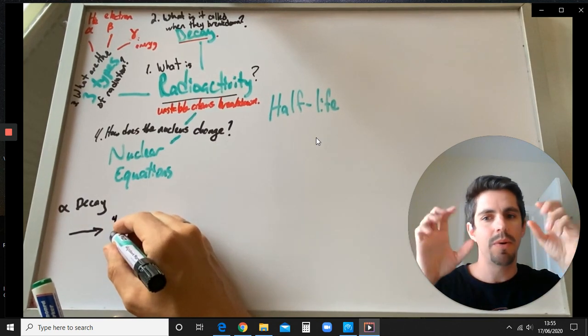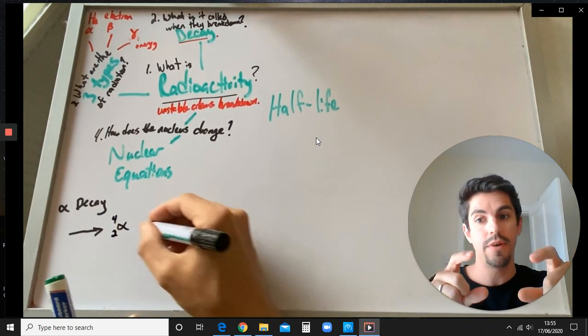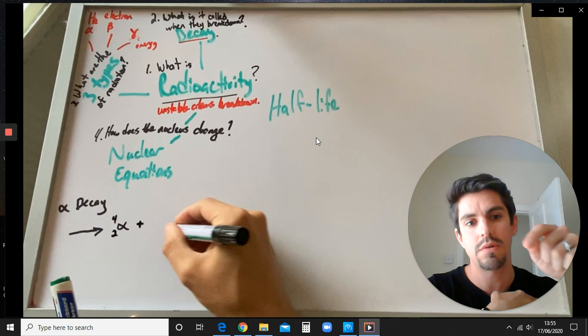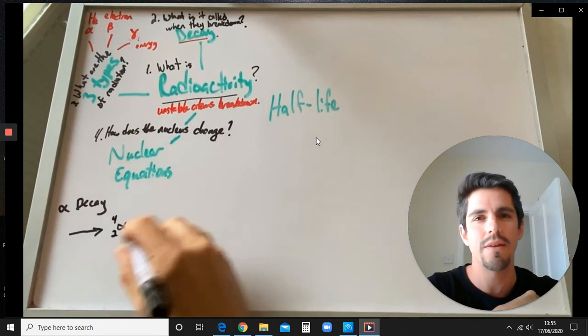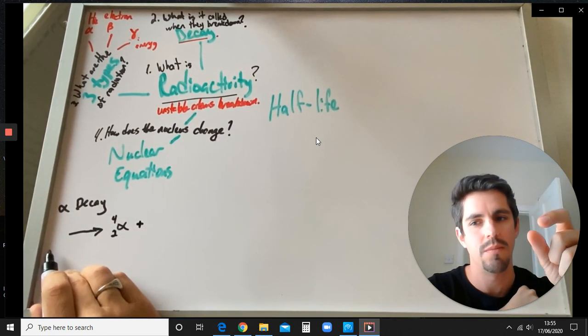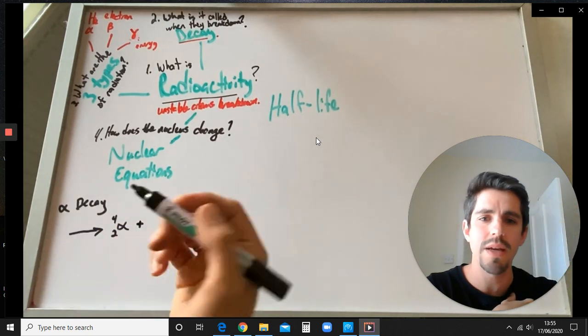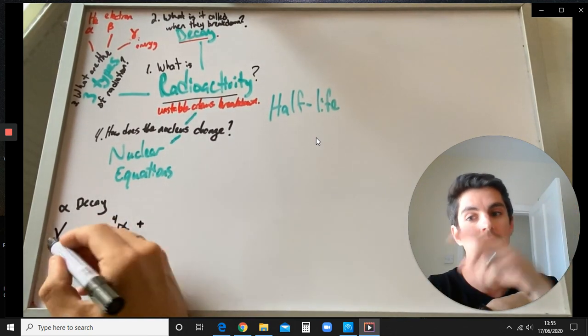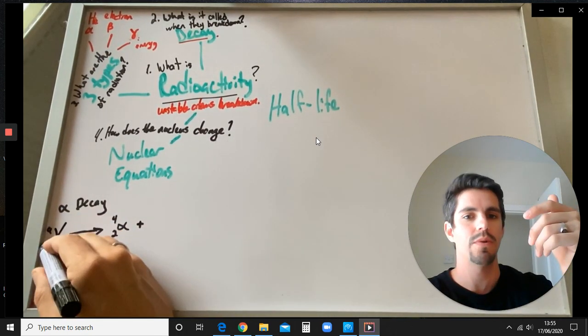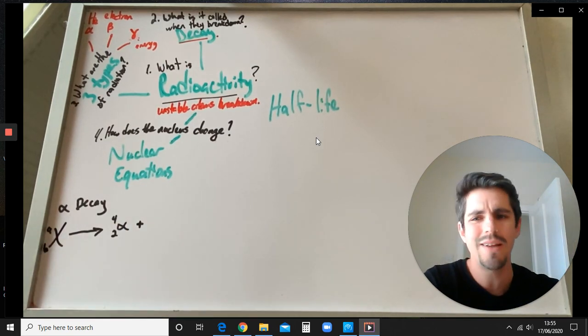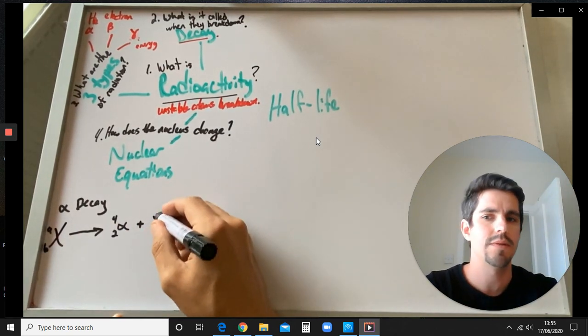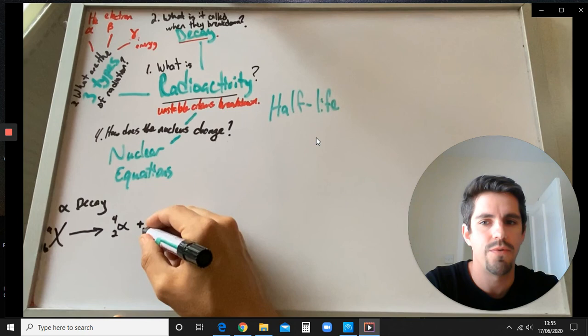I like to start by putting in, first of all, the alpha. So alpha has 4, 2. That's just like in chemistry, how you've got the mass number on the top and the proton number on the bottom. So what's on the right is going to need to balance with what's on the left, but what's on the right, we know it has a 4, 2 because it's alpha decay. And in the question, they have to say this is alpha decay, but you always know alpha is 4, 2.